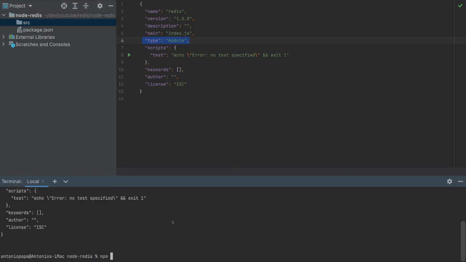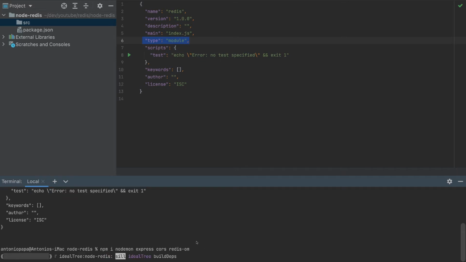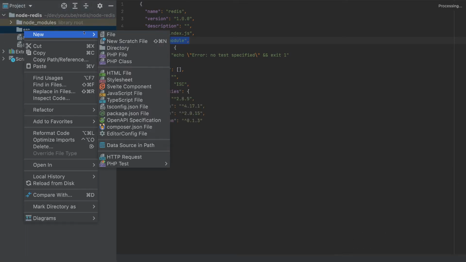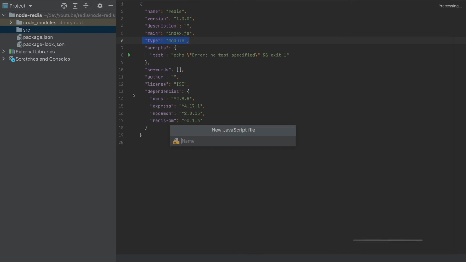Let's install also some packages. Let's install nodemon, express, cors, and redis om. The last package is the package that we will use to connect with RedisJSON. So we installed these packages, and in the source directory I will create a JavaScript file,